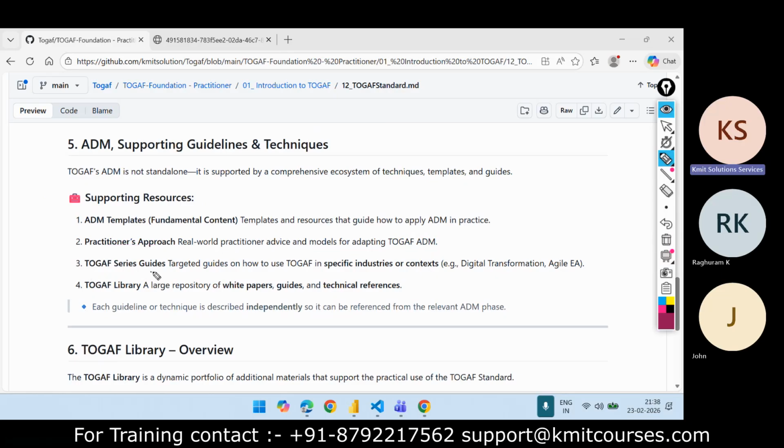Then the TOGAF series guides, which are targeted guides on how to use TOGAF in a specific industry or context, like digital transformation or agile enterprise architecture. So we need to follow the TOGAF series again. You need to go to that documentation and download the specific template. Time to time we will download and see the TOGAF standard templates when we are going to apply them.